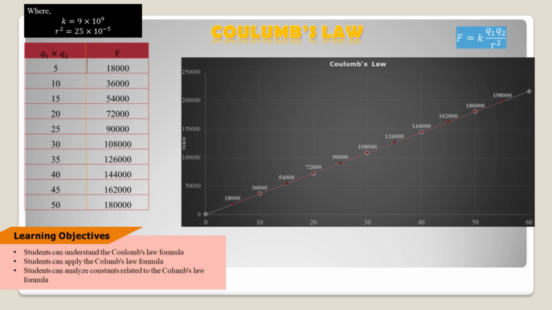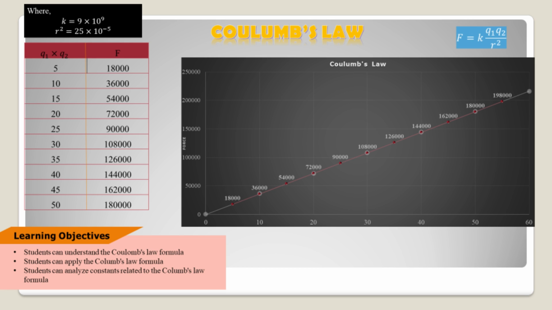90,000. And if Q1 times Q2 is equal to 30, the force is equal to 108,000. And if Q1 times Q2 is equal to 35, the force is equal to